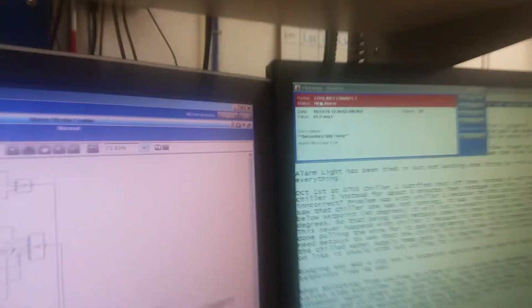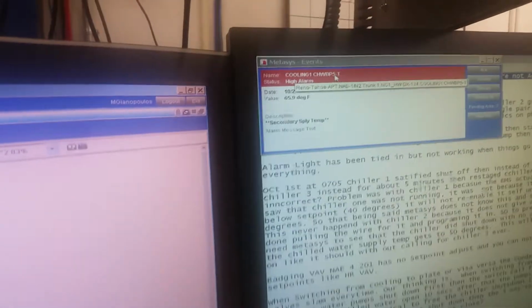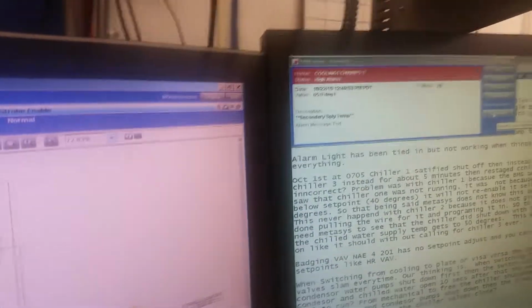Our secondary supply temperature was warm. The point name is cooling 1. Then that follows. So what I'd do is I would go to view the item,